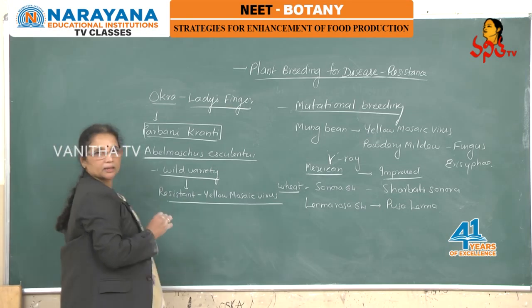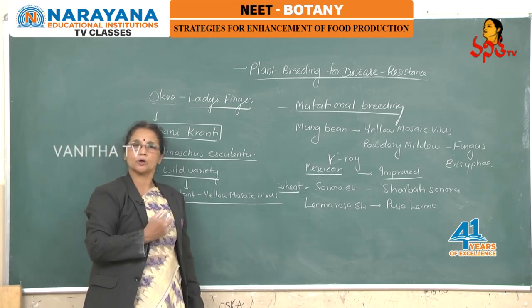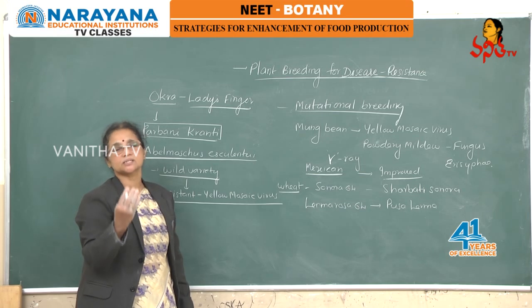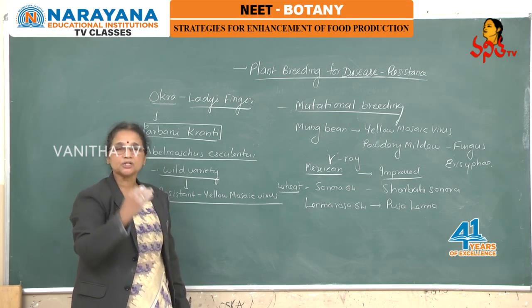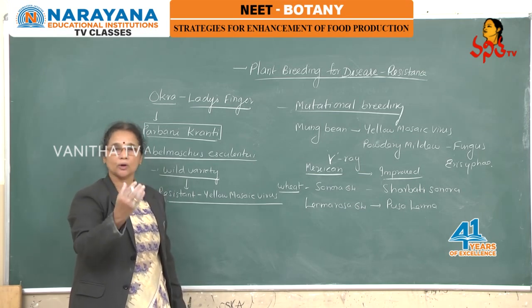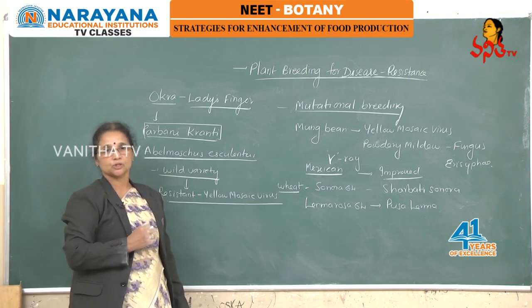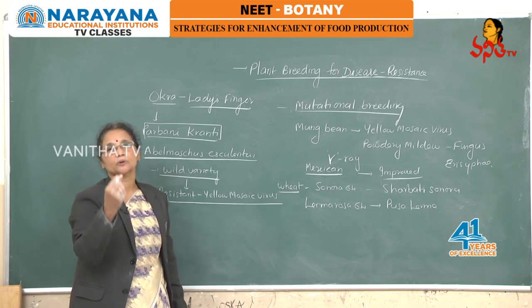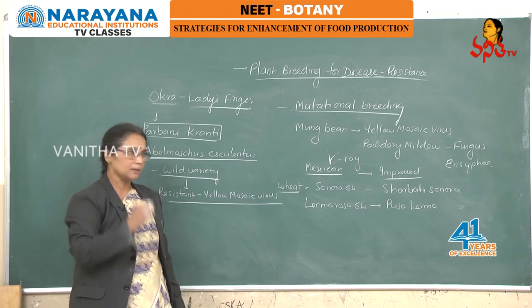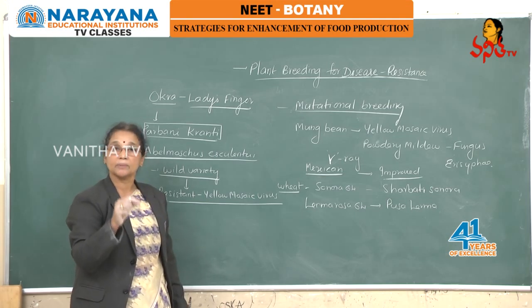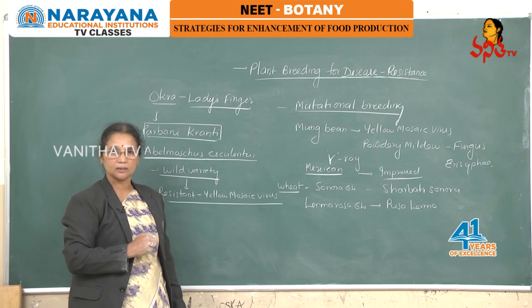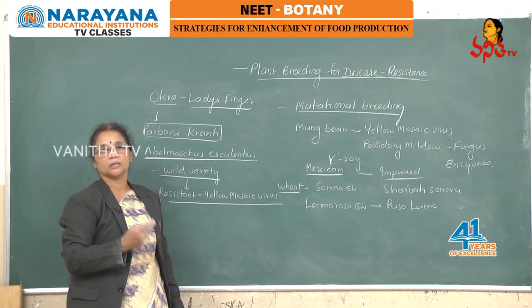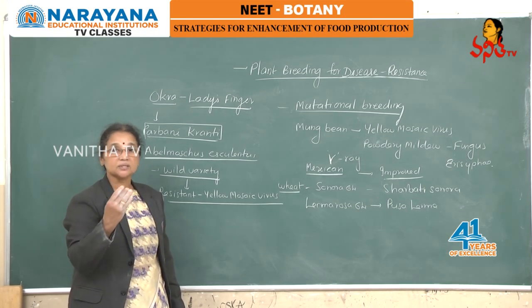children. So like that, we can use the plant breeding program for production of the disease resistant varieties, so that the production of the crops is enhanced more by controlling the diseases. So it is also one of the techniques to improve the production of the crops, and that also by using the plant breeding techniques only, children, right? In the next session, we are going to learn about plant breeding for pest resistance.